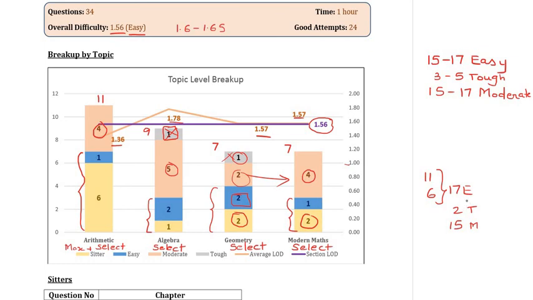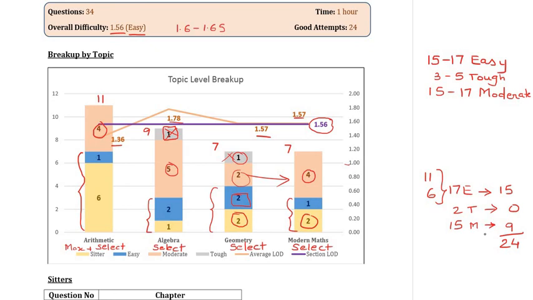gone down a bit. So here, if I were to attempt even say 15 questions from this, skip the tough questions at all, and attempt even say 2/3 or 60% of the moderate questions strategically, I would have been able to attempt anywhere around 24 questions in the exam. For this, it would have been important to maximize my attempts in the easier questions and select the right questions to attempt in the moderate questions. Both of these are different strategies but very important points.